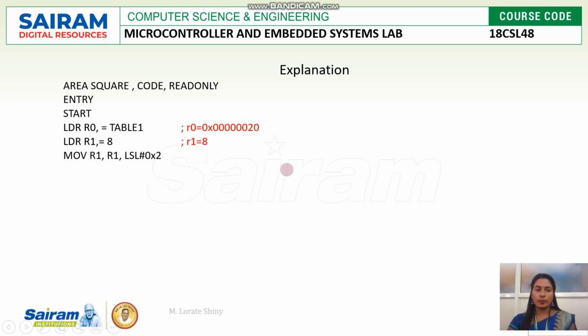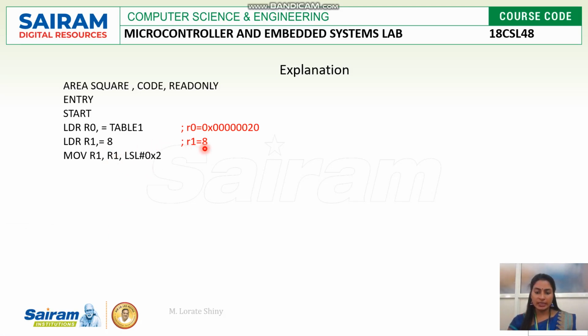Okay. Now, starting address of lookup table we know already, and we have to reach out the location of square of 8. For that what we can do? Okay, so starting address is known. We have to reach out the location of square of 8. For that we are using move instruction with barrel shifter. Okay, so in move instruction we are having a logical left shift by 2 bits. Okay, so in this way first we have to perform this logical shift operation to R1 register.